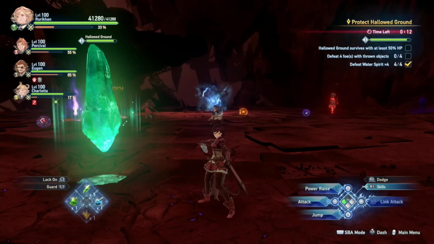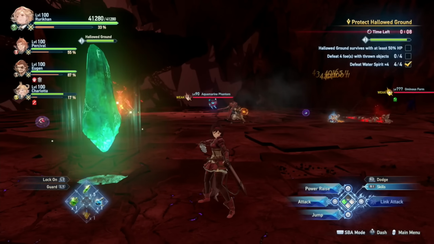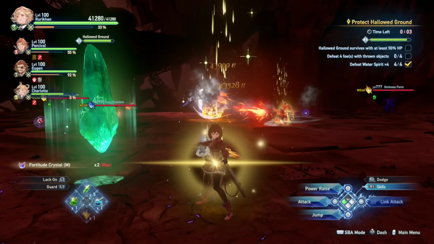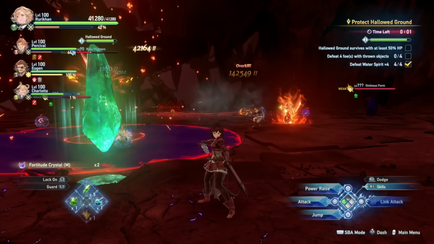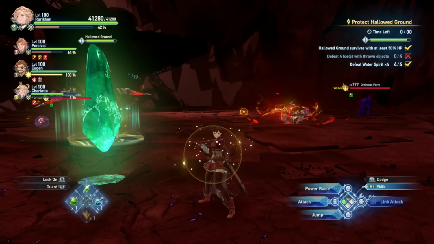But yeah, this is the quest shedding light on the pillar or whatever the name of the quest was that I showed you earlier. Jump in here, protect this solid ground. You don't even have to do anything. Characters do everything. And boom. Time's up. You win. We've completed 2 conditions, as you can see there,